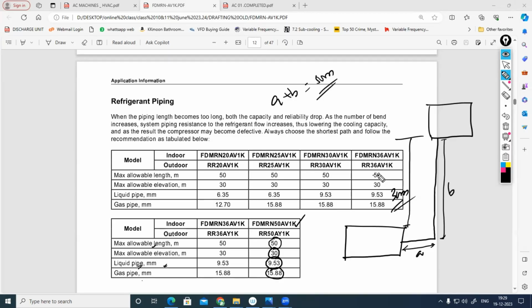But normally, this is a ductable unit only, a high static machine, high capacity machine. For the normal conventional split AC that we use in residential, the maximum permissible length between outdoor unit and indoor unit is 7 meter, maximum 15. 7 to 15 meter only. Sometimes it might be less than 7 meter. It is not constant. You have to go to the technical data sheet of the manufacturer, then only we can find it. But for split AC, most manufacturers, we can go up to 15 meter overall, A